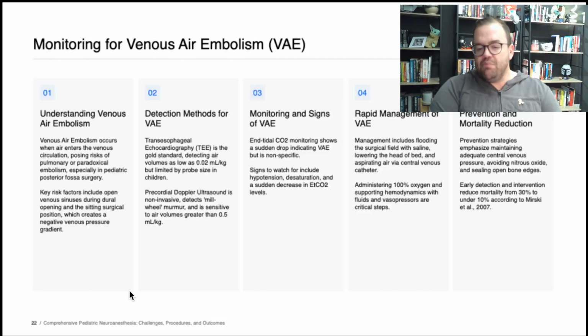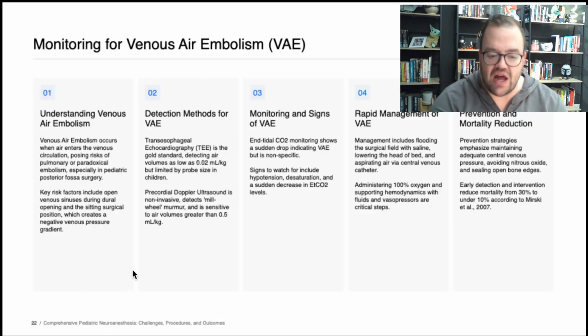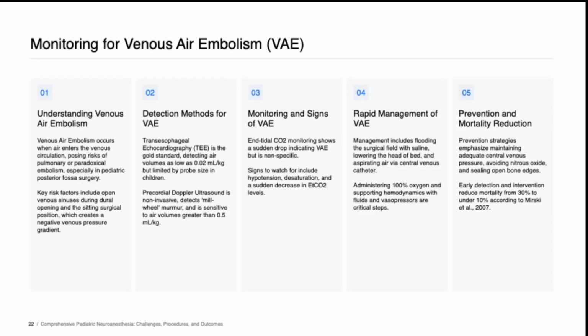Really, you can, because in this modern world, it's just such a vital monitor to have. So remember, you can do transcranial Doppler, you can do precordial Doppler, you can do end-tidal nitrogen monitoring, you can do end-tidal CO2, but transesophageal echo is by far the most sensitive